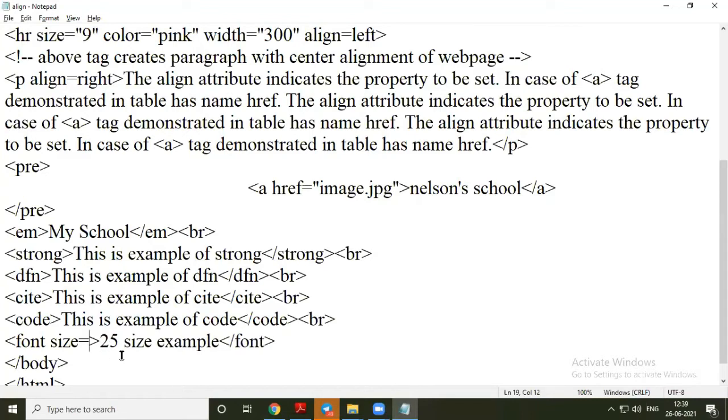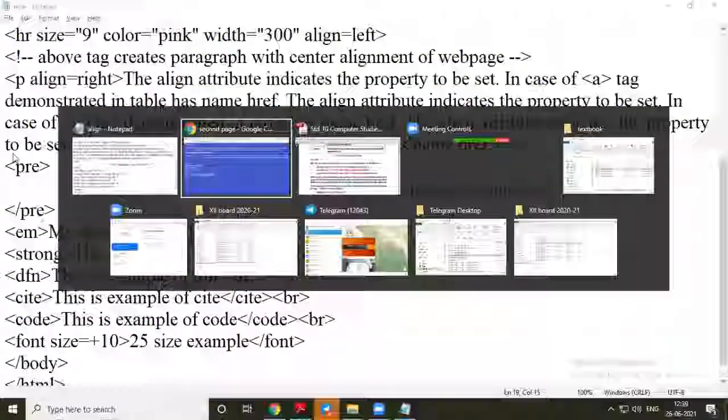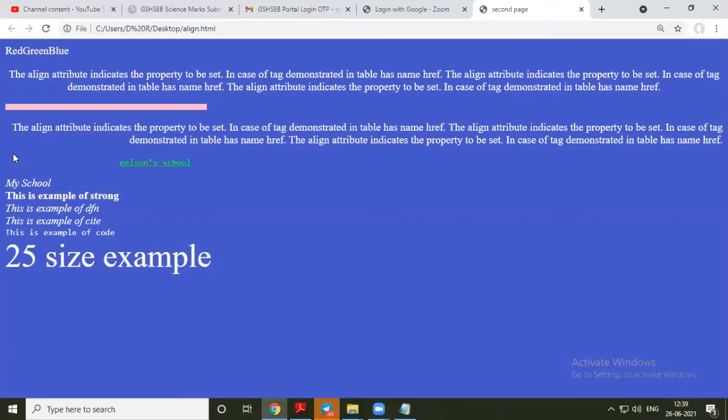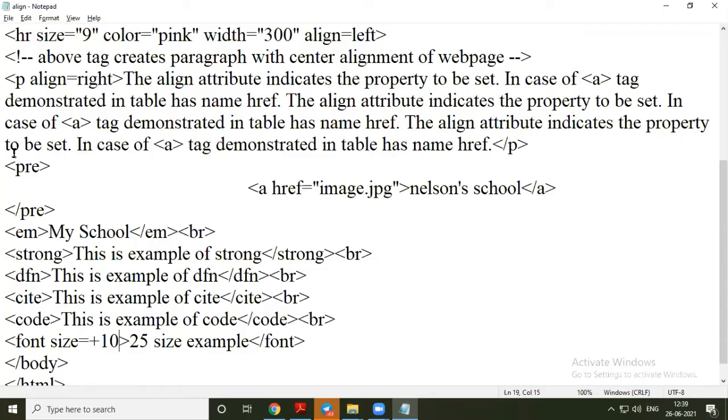Now here I am writing plus 10, saving this file and refreshing it. So only a numerical value it is accepting.